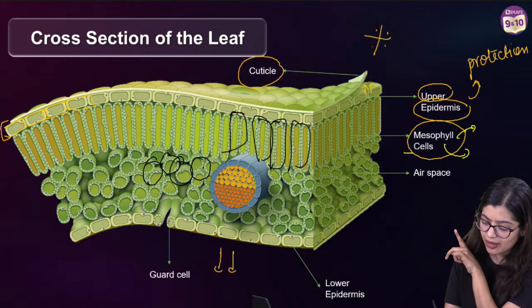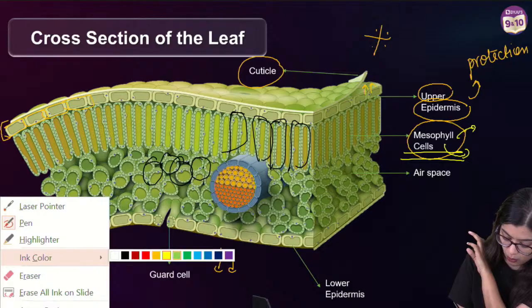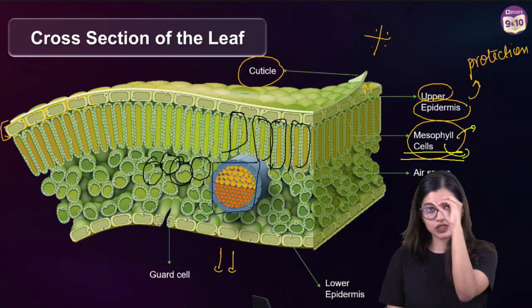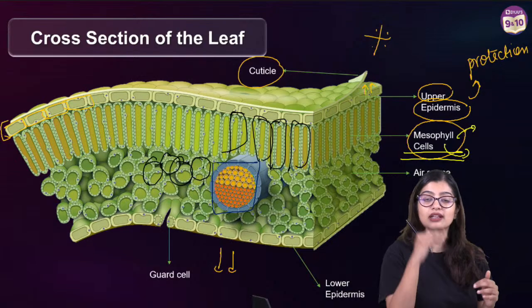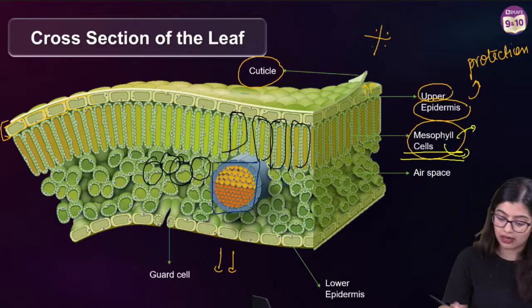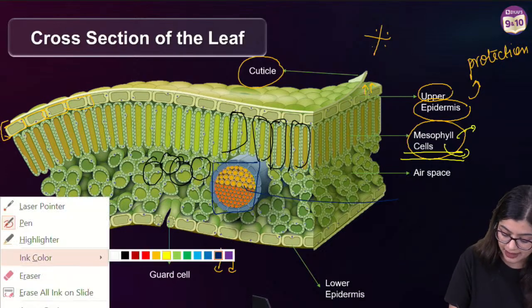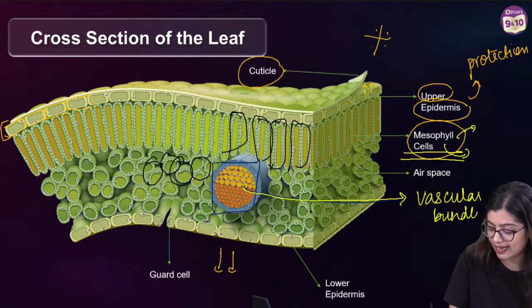So we have elaborated on what these mesophyll cells are. Now you must be wondering what these round things in between are, right? You would have observed this also: a lot of circular, tubular structures available here. So what are these tubular structures that you observe? This is mainly the vascular bundles, right? So what you see in the center are the vascular bundles, which include your xylem and your